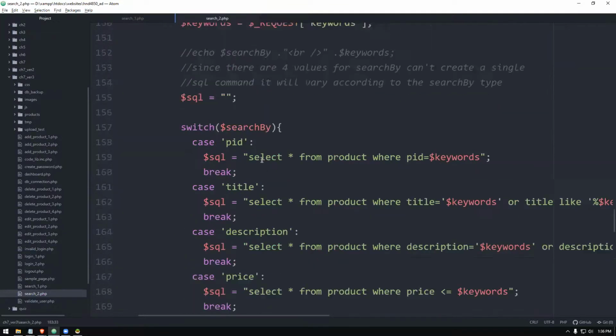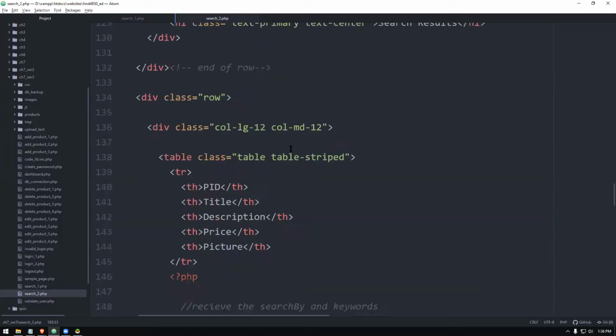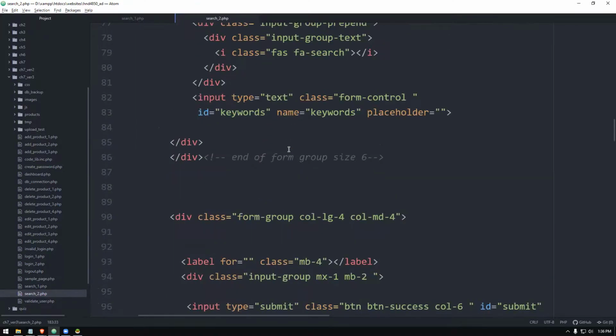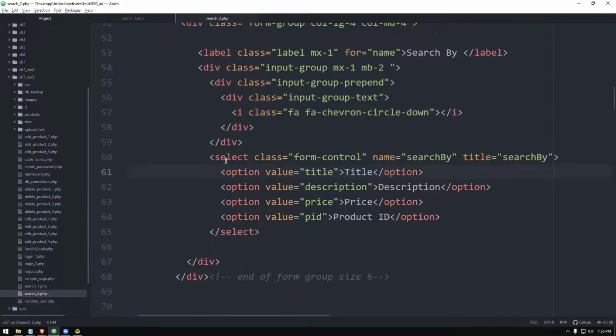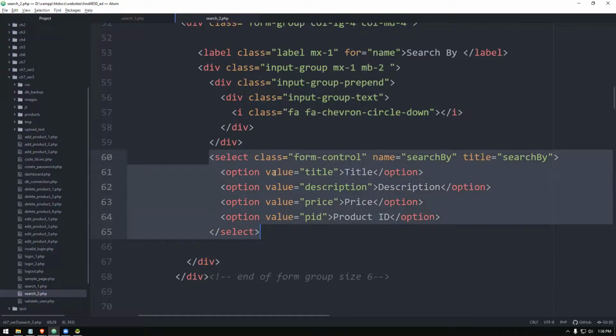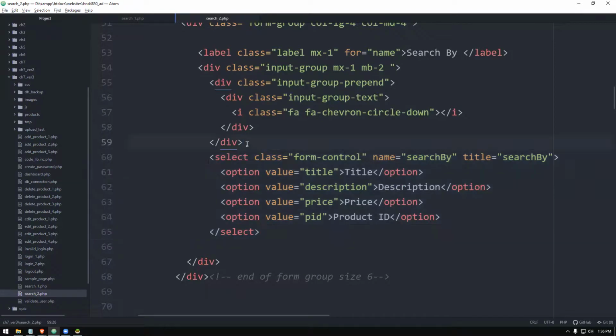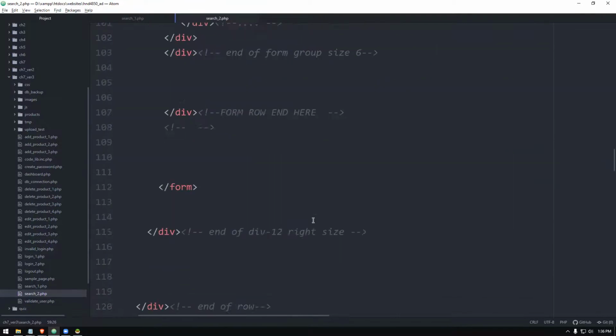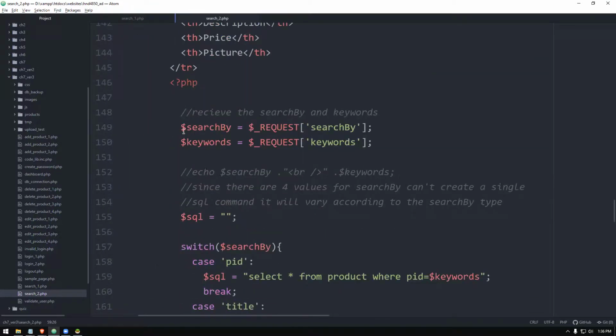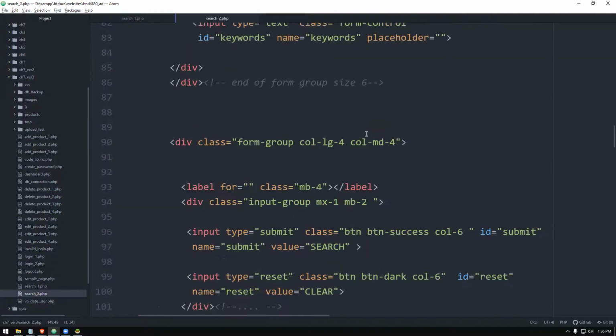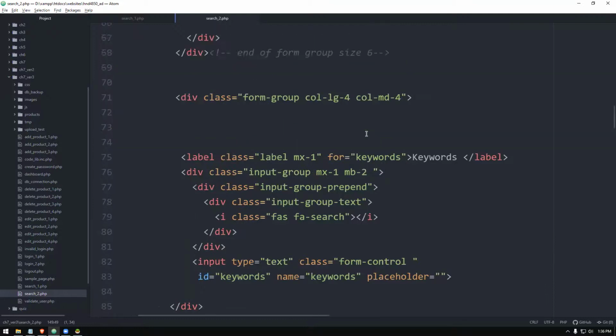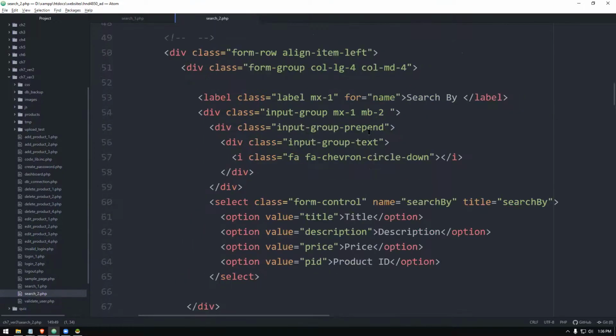is the place where the combo box is. Your combo box is here. This is the combo box. This is in the search2.php file, right? So what we basically need to do is, we need to get the values, search by and all these kind of things, right? I'm going to do this one once more over there. It's not necessary, I can do it once, but in order to make it easier for you to understand, I'll do it in that way.